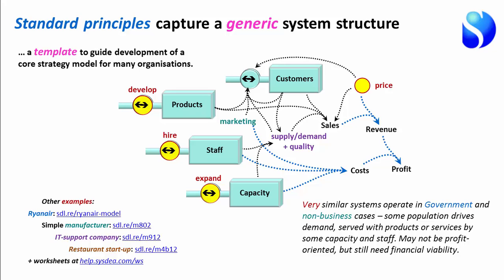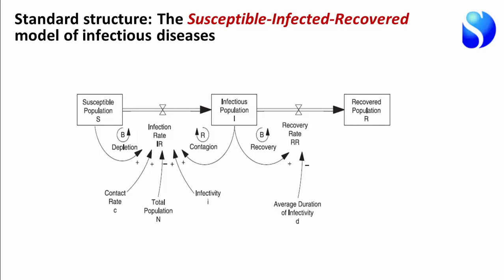Some industries have got some special characteristics where this needs to be modified. Oil companies or mineral companies have an additional stock of things called reserves. Large-scale manufacturing like aircraft, you would have a strategic stock of order book, items on order. But with those relatively standard modifications, this is a template for a business case. But this is not the only one. We've got lots of these in our field.